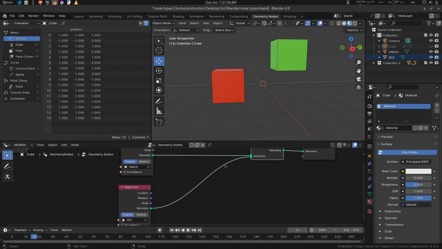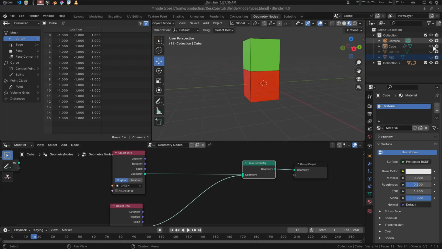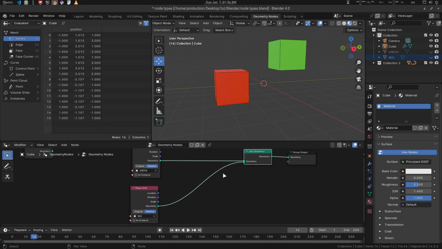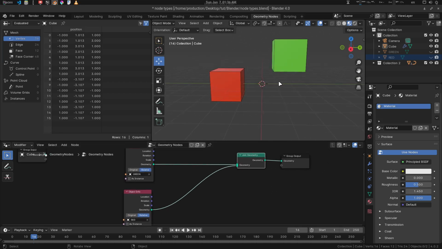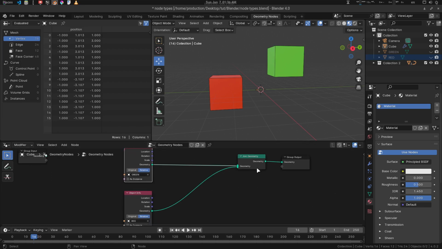Okay, so this is green, this is red. Yeah, so I was hiding this cube, so that's why. Yeah, and let's give it relative. Okay. So relative means the object relative transformation. Okay, so now